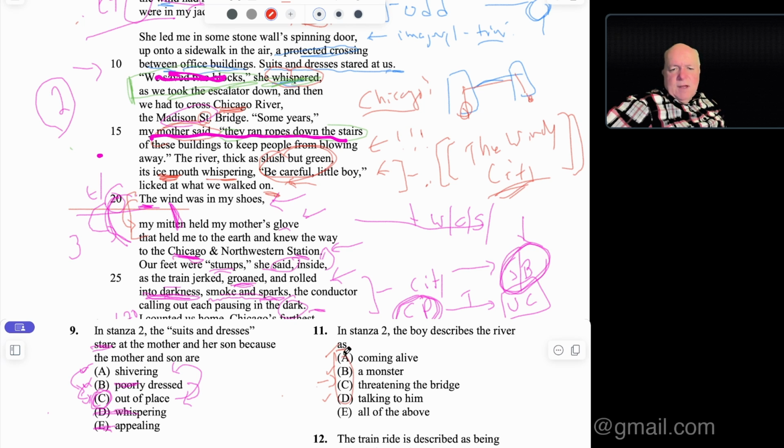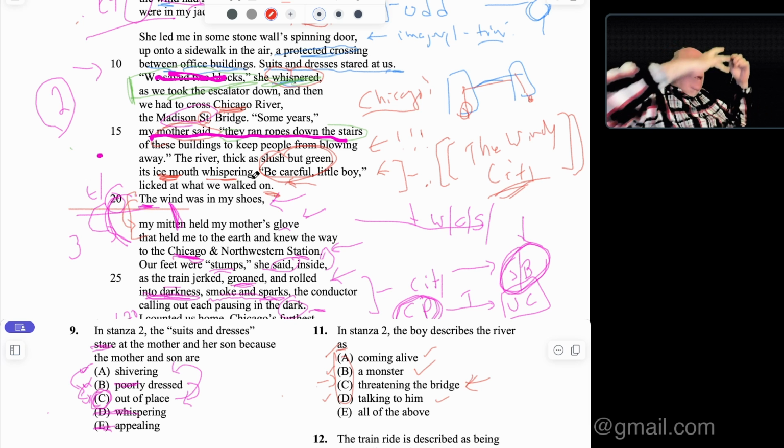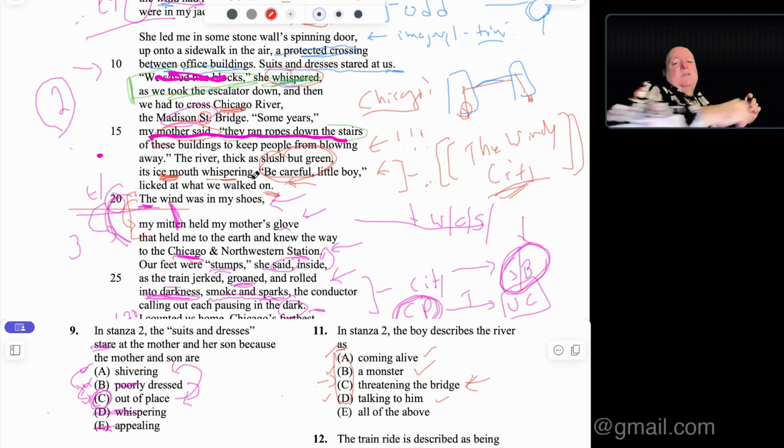It definitely is personified, so it's definitely coming alive. It definitely talked to him. It definitely had this monstrous kind of nasty, trollish kind of a thing. And it definitely threatens the bridge. This one might be the hardest to really argue about. But when you think through what else was being said there, it's making walking the bridge and getting off the bridge a dangerous process. So that's a threat. All right. So that is definitely what's going on there.